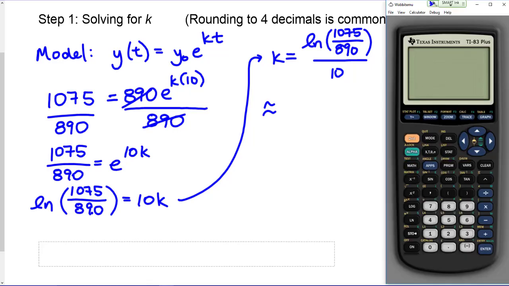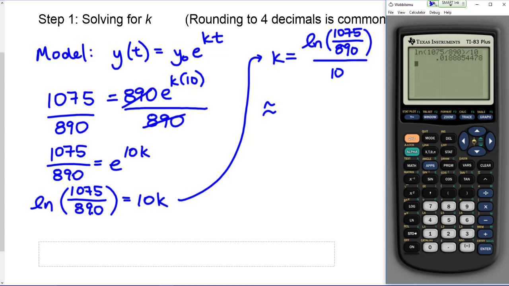And I bet my calculator's in the perfect spot. I thought I was going to hide my formula here. Wonderful. Natural log of 1075 over 890 divided by 10. So it looks like I have